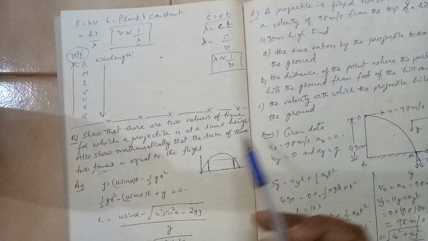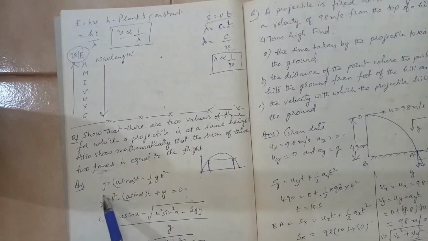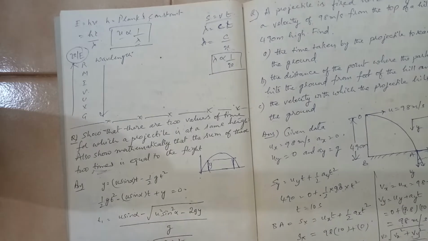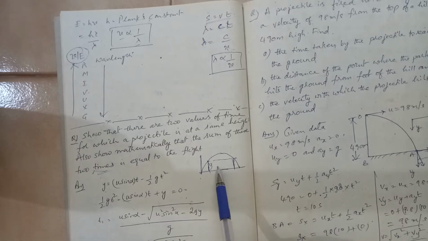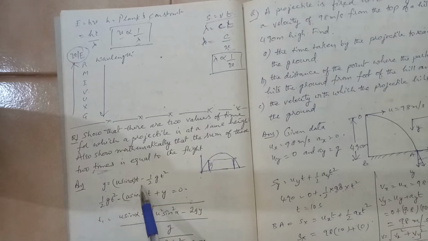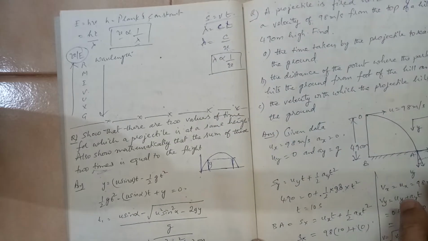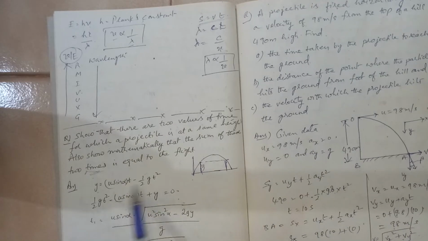So here we have s is equal to ut plus half at square. We are applying it in the y direction, so let us call this y. Y is equal to u sine alpha into t minus, what is the acceleration here? It is minus g, because you have thrown the object in the upward direction and acceleration is acting downward, minus half g t square. So when you rearrange the terms, you will find that this is a quadratic in terms of t. T is the variable here.